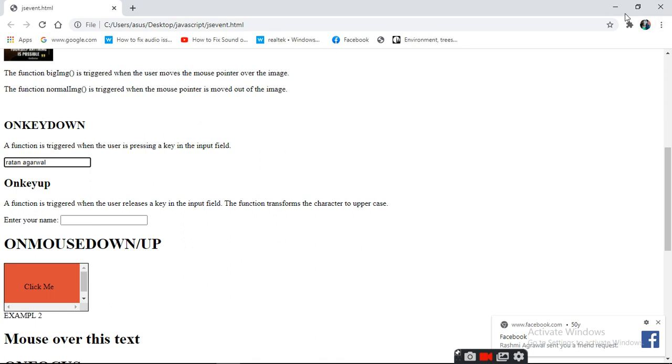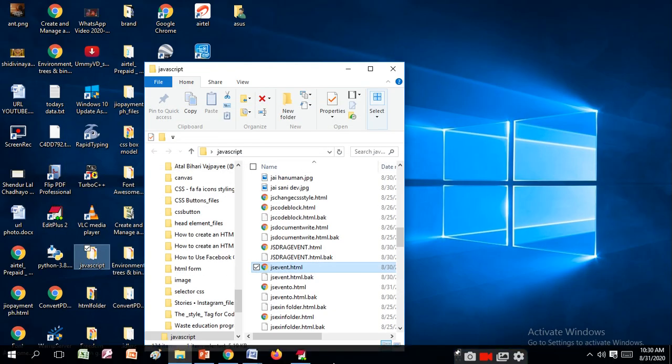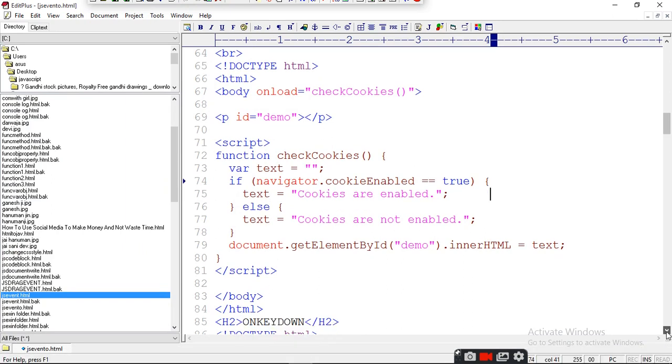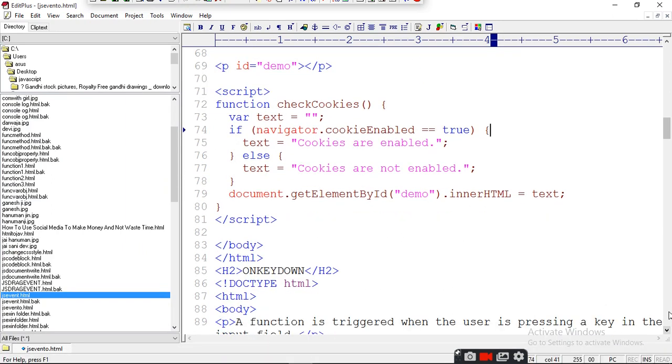Now how it will work, just see. और जब हम इस पे टाइप करेंगे तो स्मॉल लेटर को बिग में कर देगा, जैसे कि अप होगी. अब देखिए कैसे हो रहा है. onkeydown.